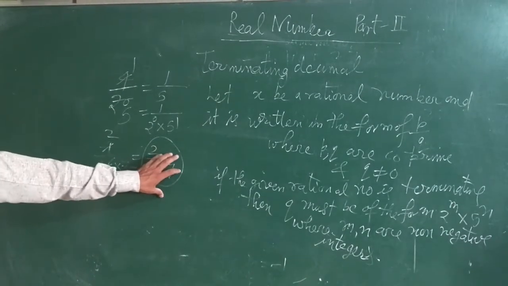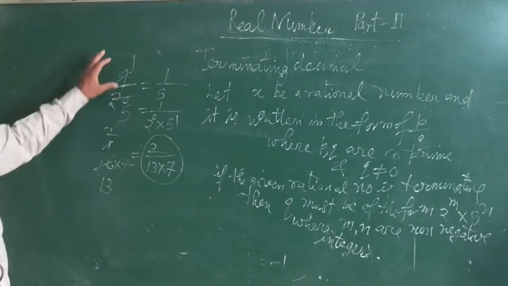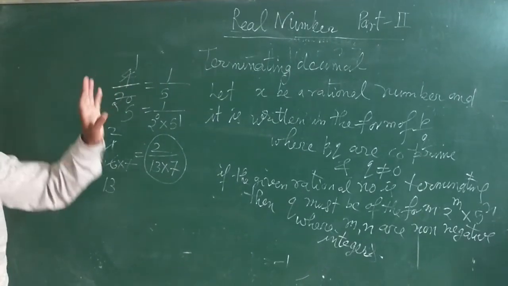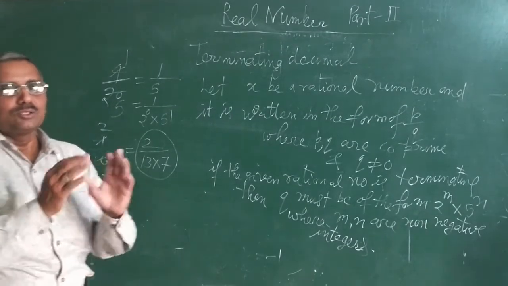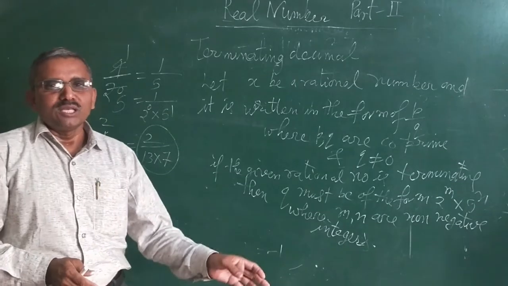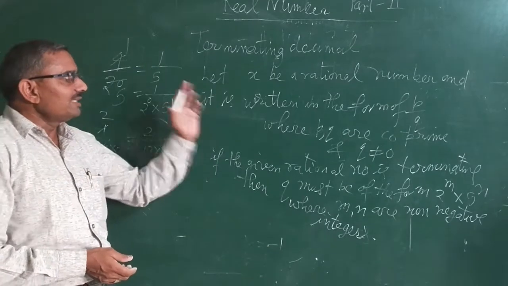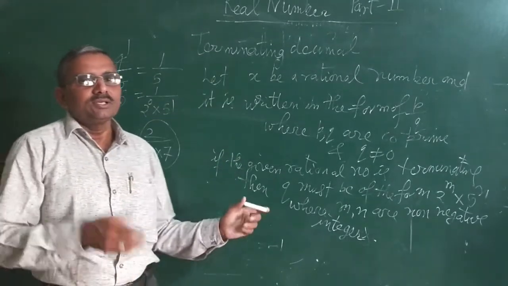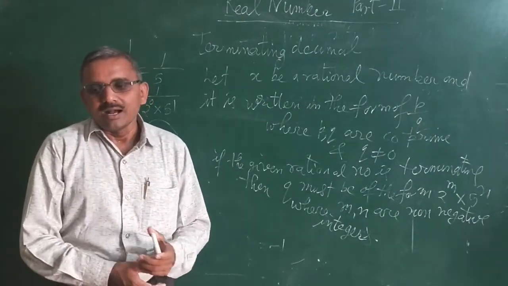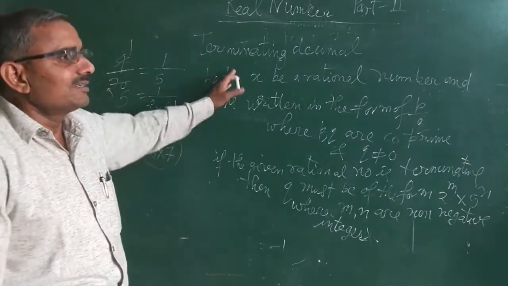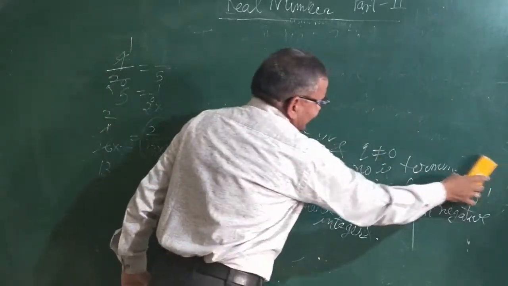I mean to say is that a terminating decimal is possible only when we write p upon q in the lowest form, and we observe that q must contain 2 and 5, or 2 only, or 5 only, but no other prime number. This is the only possibility. Otherwise the rational number will not be terminating, or you can say it will be a non-terminating decimal. It may repeat or it may recur, but will not terminate. Now this is about the terminating and non-terminating decimal.